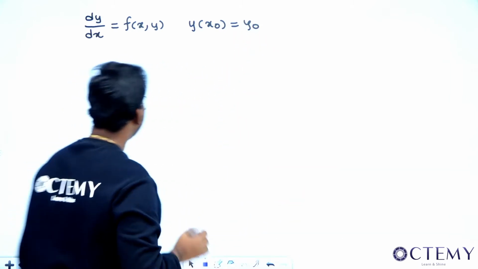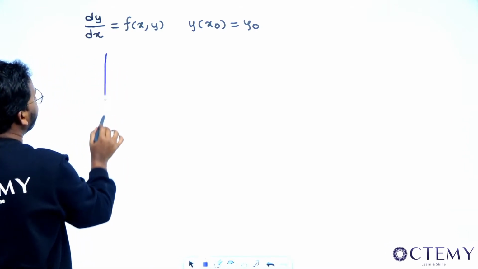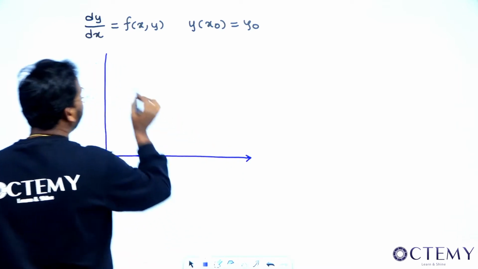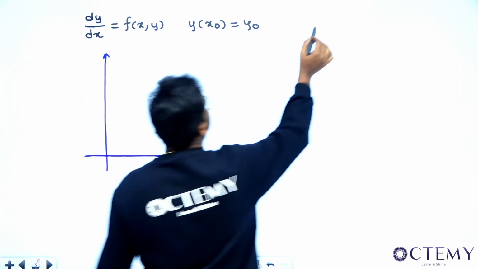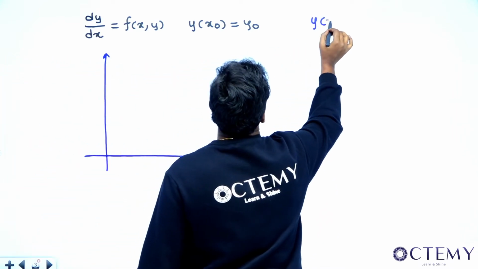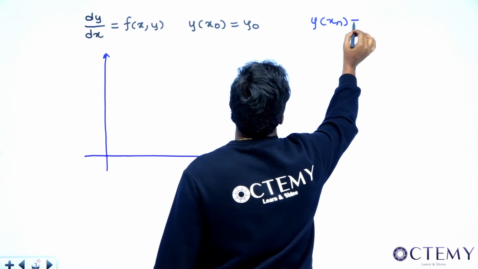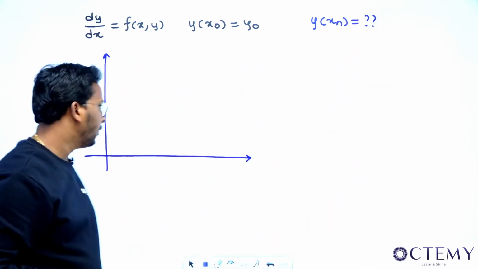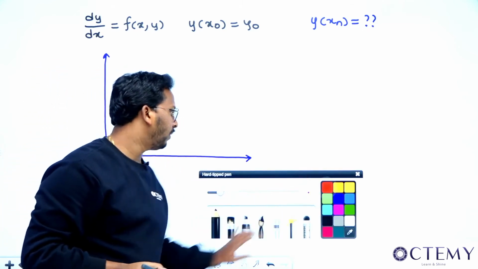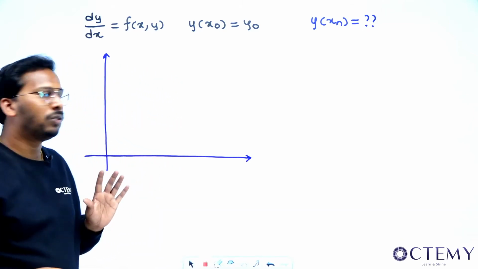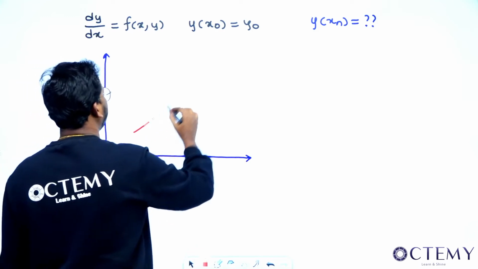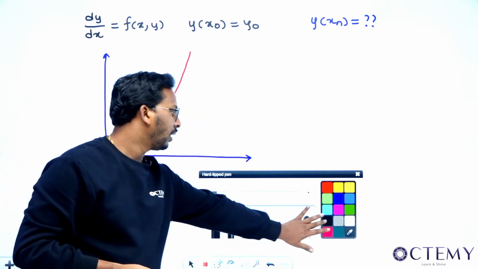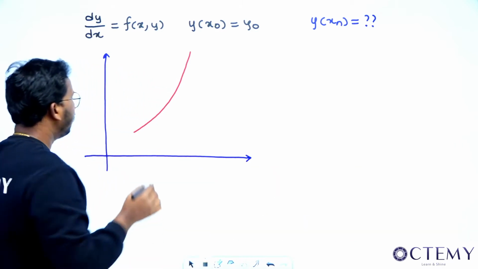We'll be directly plotting the solution, because we cannot actually find the entire solution, but we can find what, sir? He's asking you, say, at some other x, say, let me call that xn is equal to, what will be this? This is what he's asking, right? Now let us assume the solution will look like some curve, right? We don't know what it is, but say it is some curve like this. Some curve like this is there. Now pay very close attention, sir. And what is given to us?